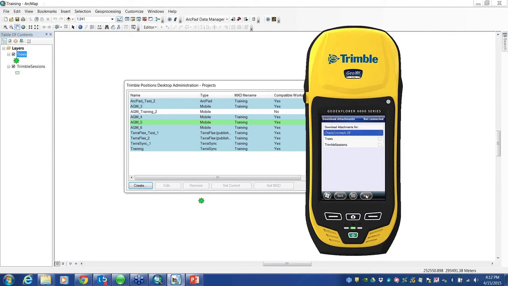It won't download any attachments. Attachments would be things like, typically it's pictures that people are taking. So the download was successful. You can view the map. So the map has all the features in it. Those were just pulled directly down from ArcGIS Online. And if I wanted to go ahead and map some new features,